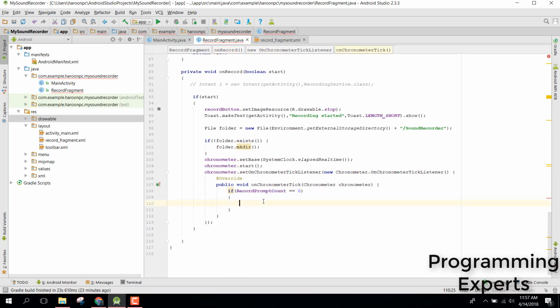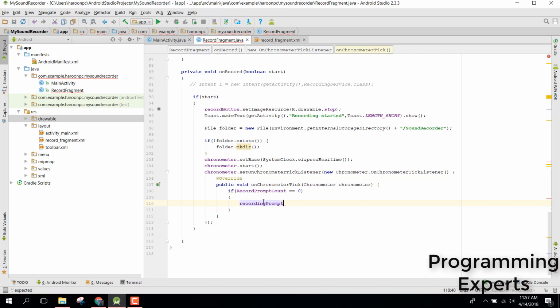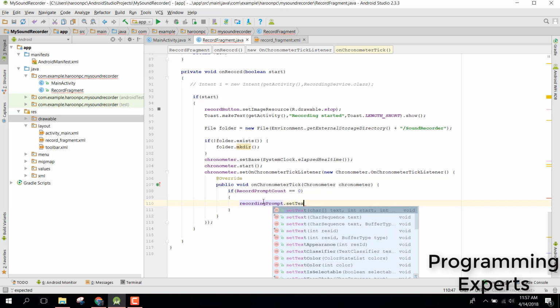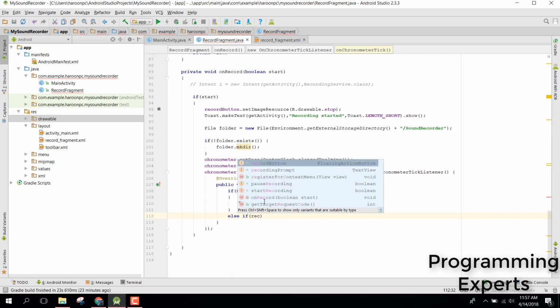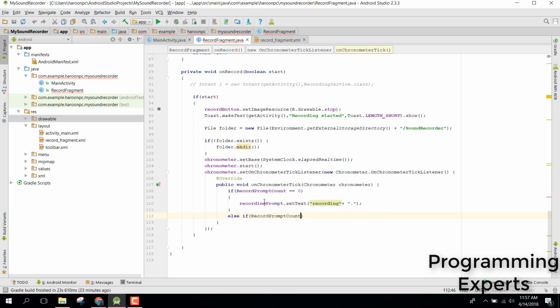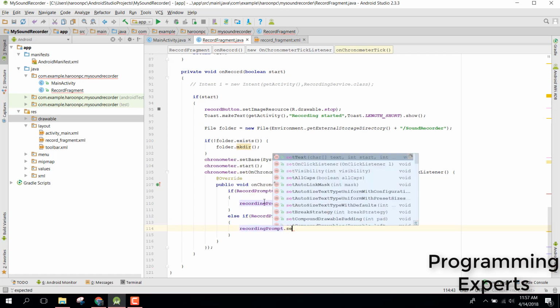If it is equal to 0, then we can say recording prompt dot setText, and inside that we can say recording, alright, else if record prompt count equals to 1, then we can say recording prompt dot setText